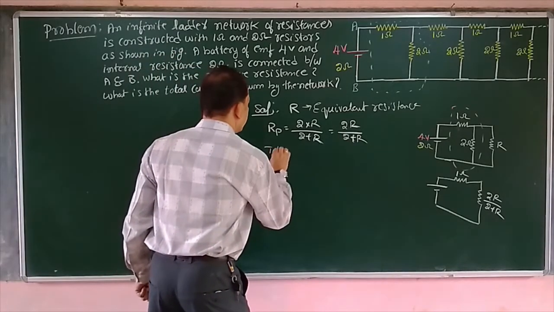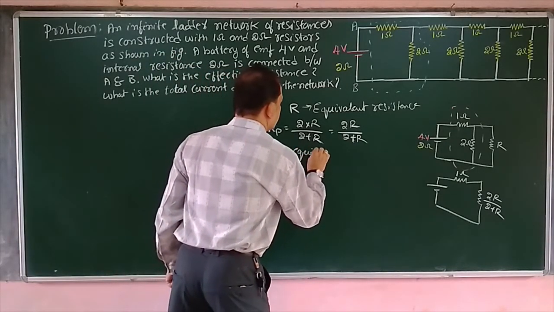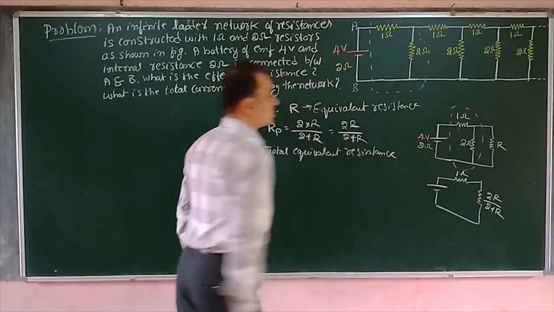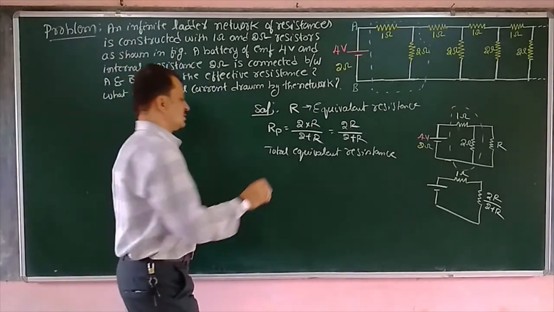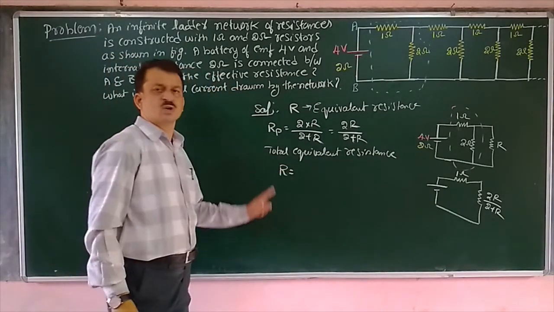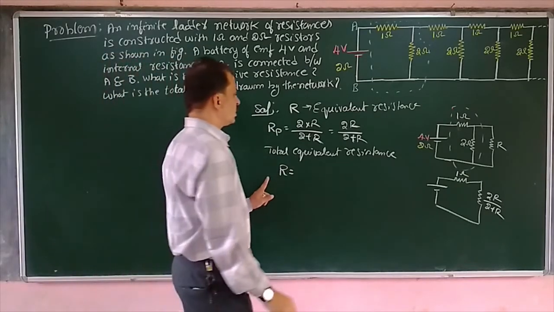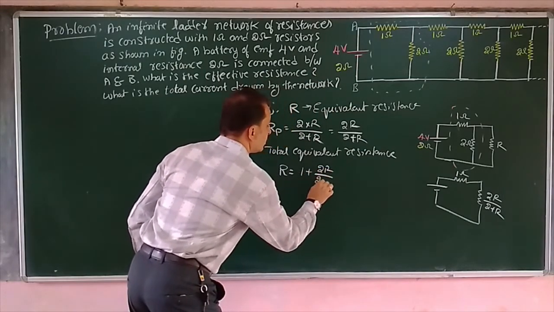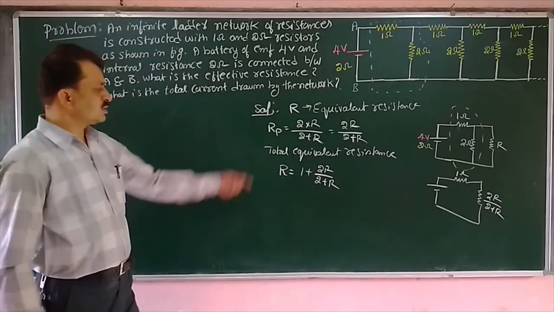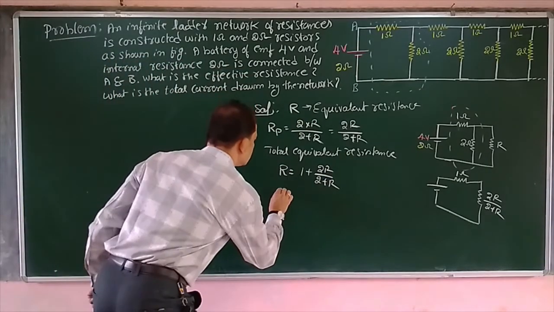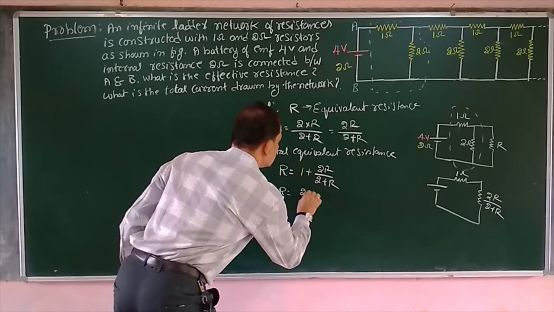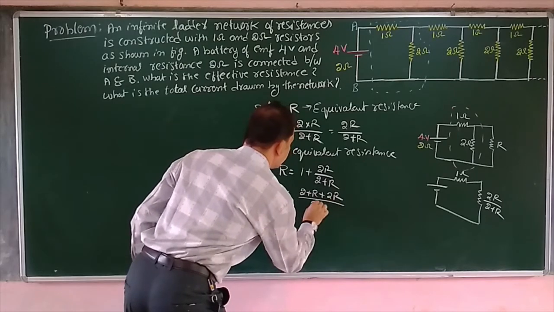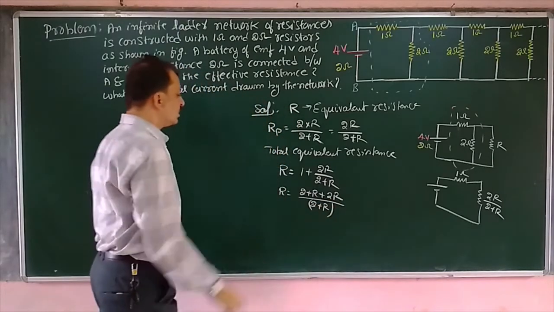Therefore the total equivalent resistance should be the same. It should not alter. Therefore it should be R once again. So R is equal to the addition of these two, 1 plus 2R divided by 2 plus R. Now just solve for R. R is equal to 2 plus R plus 2R divided by 2 plus R. I have simplified. Now cross multiplying,